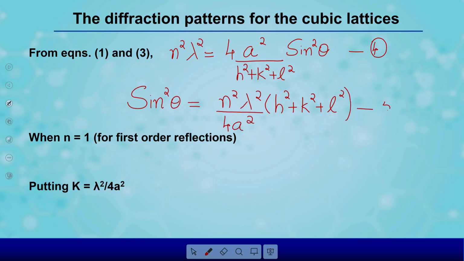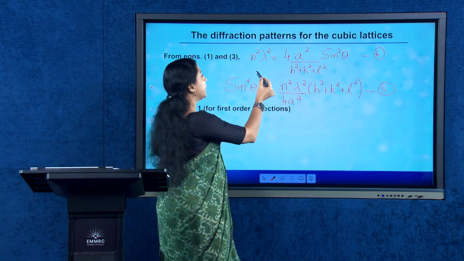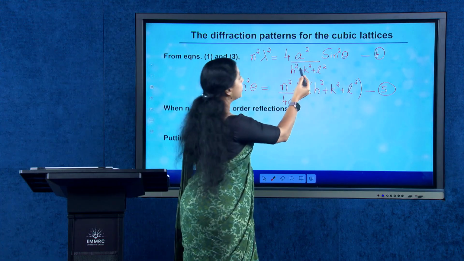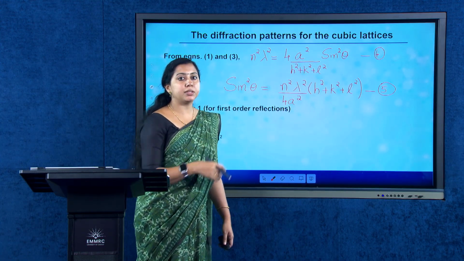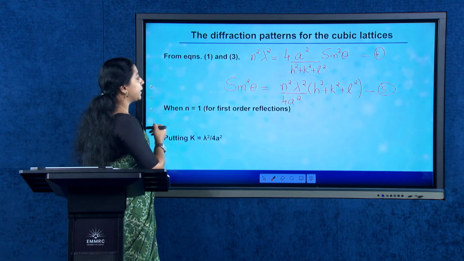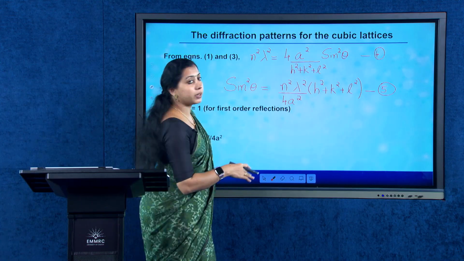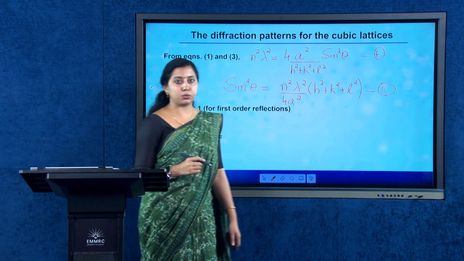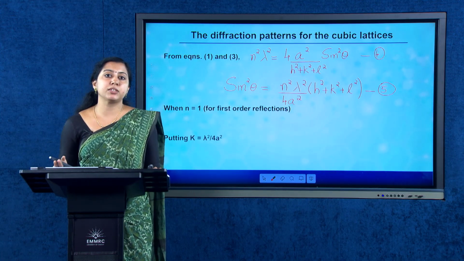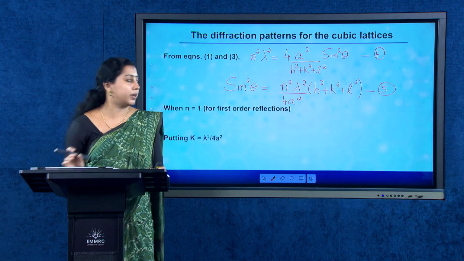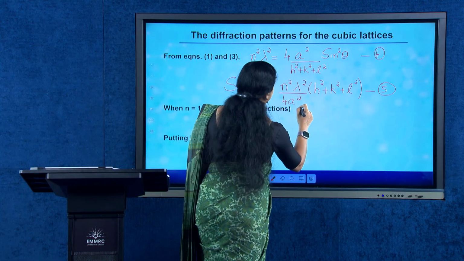This is equation 5. So, from equations 1 and 3, we got n square lambda square is equal to 4 a square by h square plus k square plus l square into sin square theta, and from this equation we have written an expression for sin square theta, that is equal to n square lambda square by 4 a square into h square plus k square plus l square. Now, when we consider a first order reflection, n is equal to 1. So, for n is equal to 1 for first order reflection, we can write